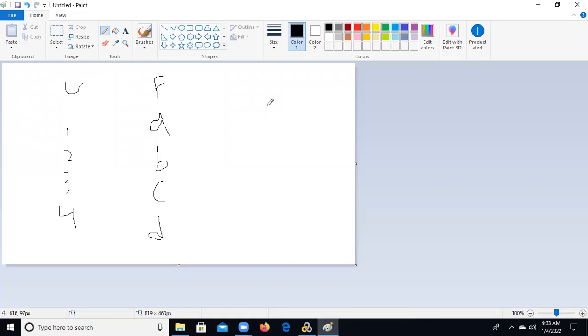First thing, what does sequential mean? It stands for every user has to pick the first data point. Sequential means every user picks the first data point, which one? A. And the second user also picks A, and the third user also picks A, and the fourth user also picks A. This is the sequential. Sequential stands for every user has to pick the first data point. What value is there in the first data point? It will pick that for the sequential.